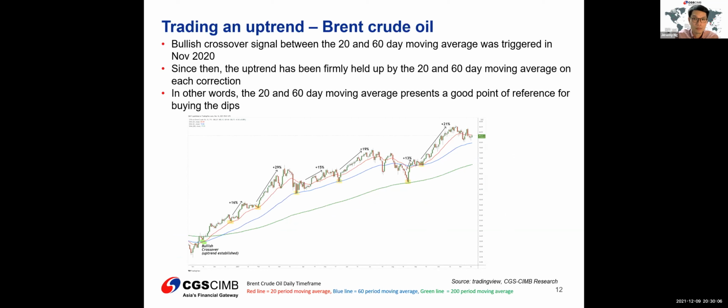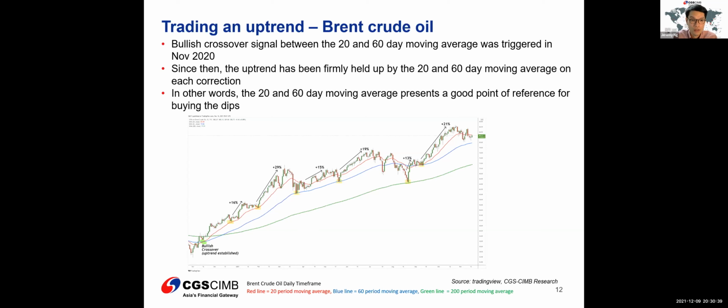So moving on to this example, again showing you how we use the moving averages to identify an uptrend and to identify buying levels. Right now we just moved to the commodity example. Previously I've been showing examples for equities, be it single stocks or equity indexes. Right now on the chart, we are using Brent crude oil as an example, which is a commodity. So you can see how versatile TA is. You can just blanket and use it across all different asset classes,